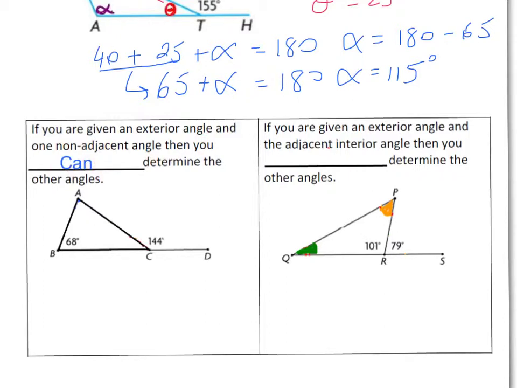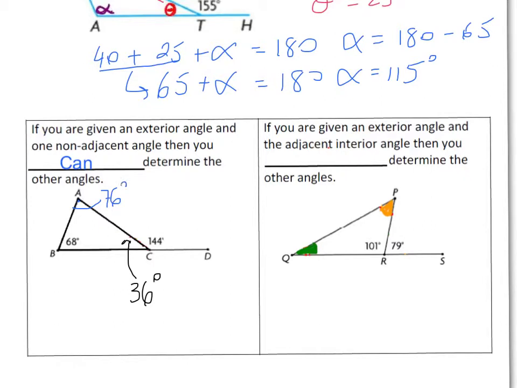What does that mean? Okay, well, we're given that this is 144, and we can find out what this little angle in here is, given that we know that angles on a straight line are supplementary, therefore they have to add up to 180. So if these two angles have to add up to 180, that means that this little angle in here is 36 degrees. And then we know from the property of a triangle that all angles in a triangle have to add up to 180. This is 68, this is 36, so 180 subtract these two is going to give us that this one is